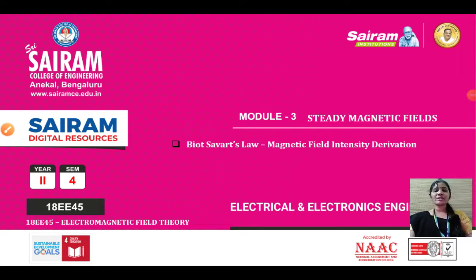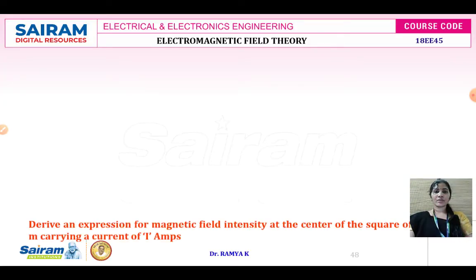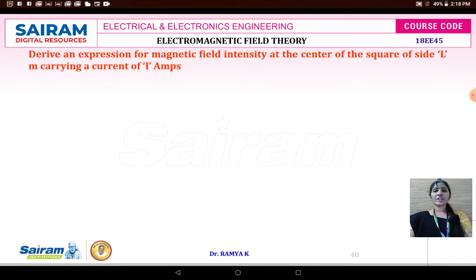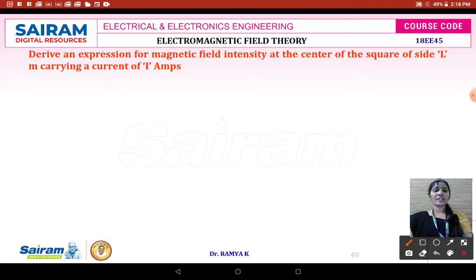Good morning, students. In today's session, we'll see the Biot-Savart law magnetic field intensity derivation. Derive an expression for magnetic field intensity at the center of the square of side L meter carrying a current of I amps. In the previous session, we have seen the derivation of magnetic field intensity for an infinite current carrying element,